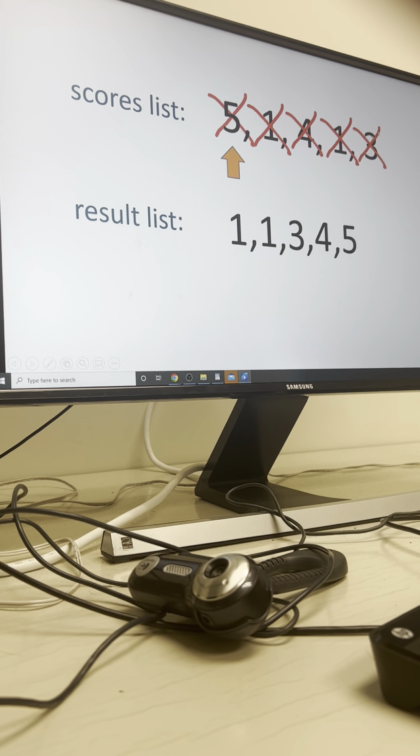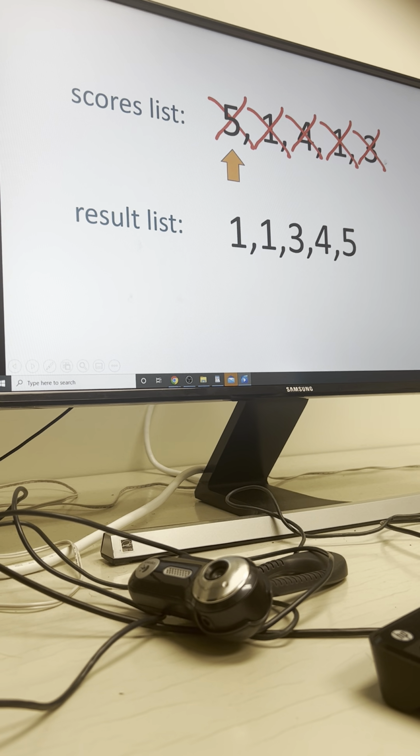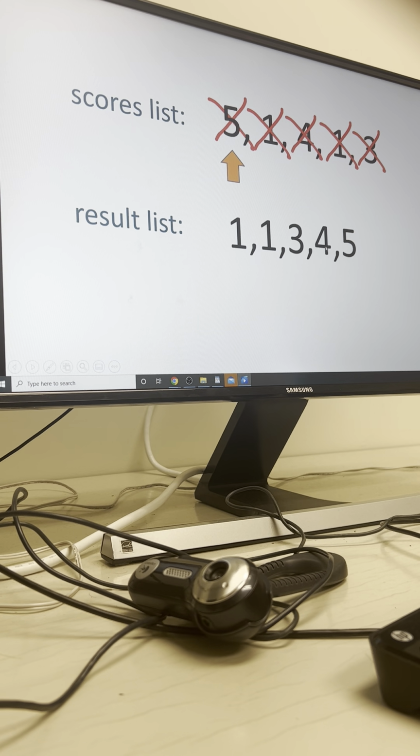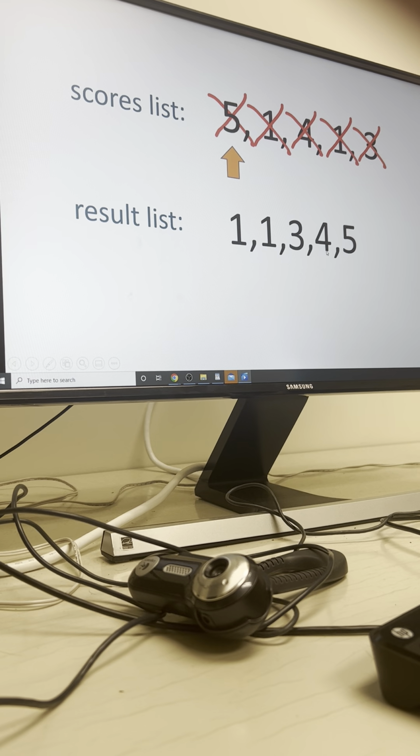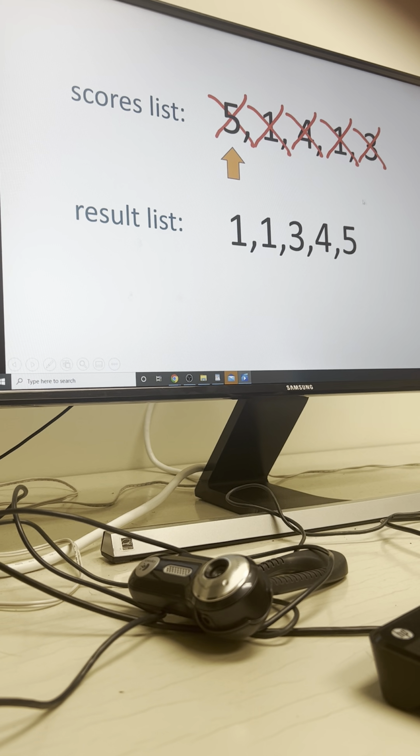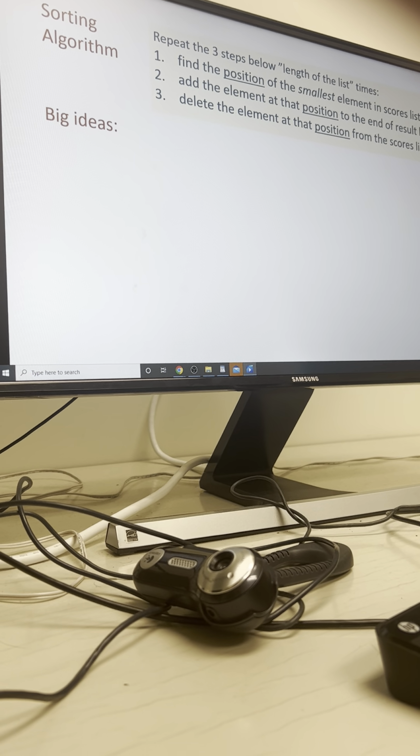All of scores list has been dealt with, so there's no more values in here, and we have results list with the exact same numbers as scores list started with, but they're all sorted. So now that we've seen this sorting algorithm in